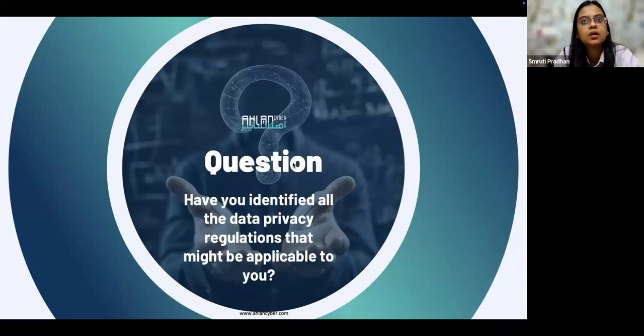So for example, today, if you look at countries like Qatar and UAE, they have their own data privacy laws. So we have worked with customers from the kingdom whose majority of the customer base is from the kingdom, but there are certain entities for that particular organization who are also catering their services to the customers in other Middle Eastern countries. So in those cases, you are not just bound by the KSA PDPL. Since there are laws applicable in the other countries as well, you really need to understand how those laws can impact your organization as a whole.